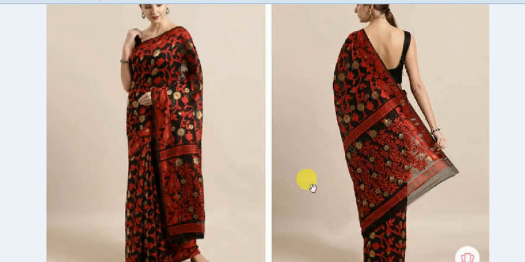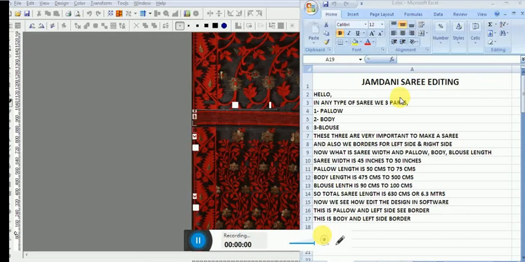Okay, now we will see the standard sizes of sari of pallo, blouse and body and border also. Actually every sari needs pallo, body, blouse and border also. That depends on the quality of sari.